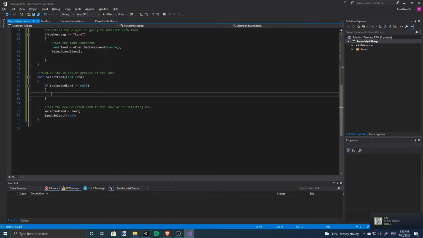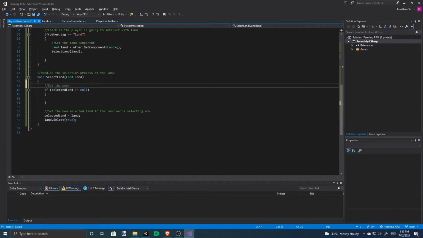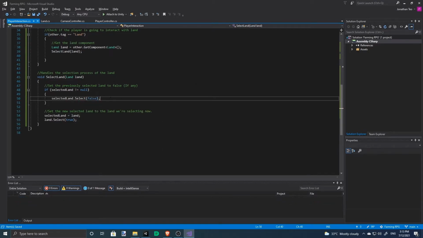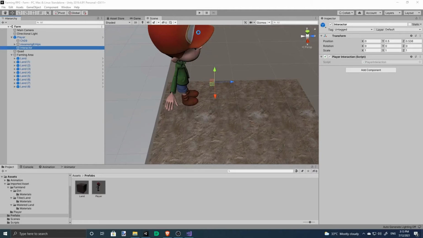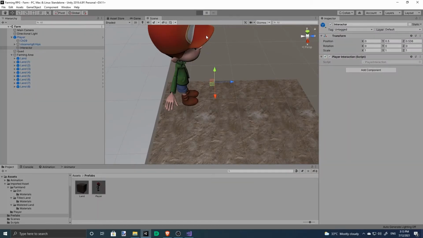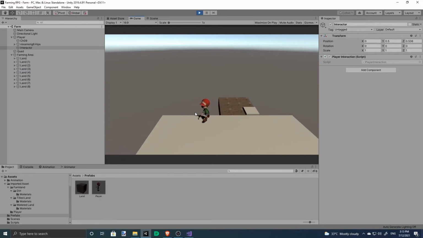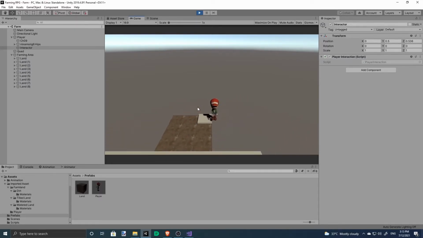So we need to, if it was priorly selected, we just set it to false. Now let's try this. Yep, much better now. But you see, when the player walks off it, it remains selected.